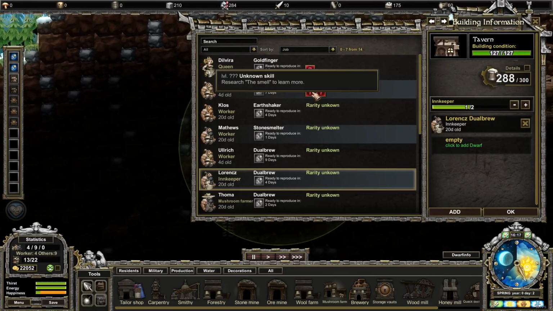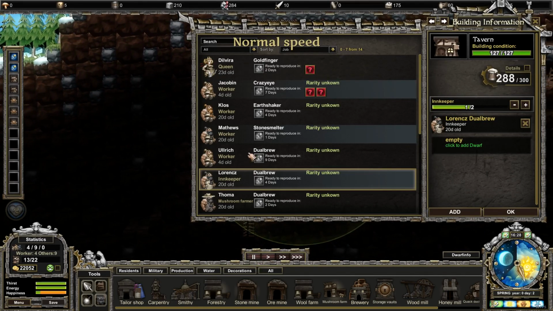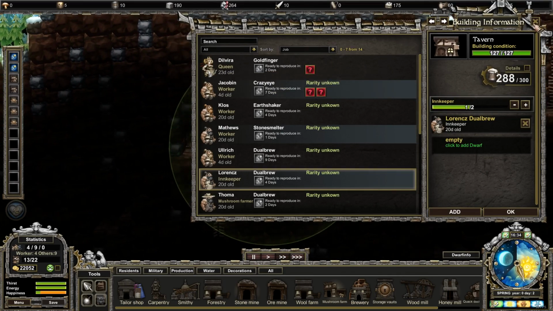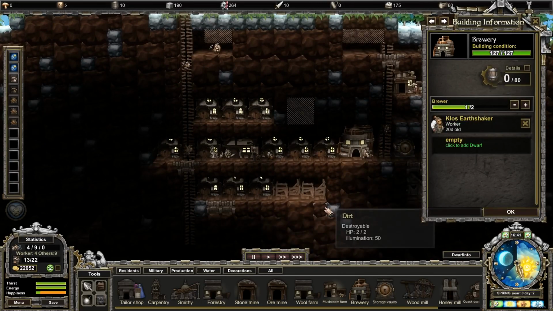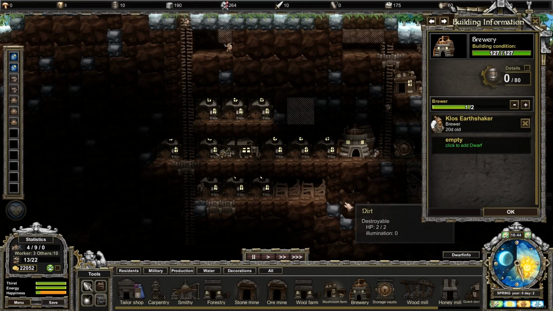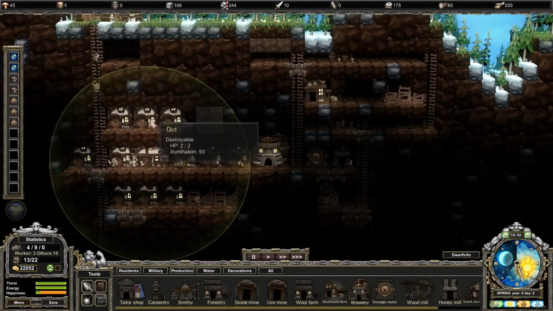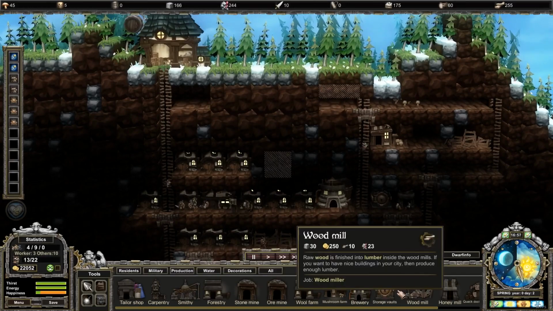Ooh, did somebody die? Okay, well, we'll check it in a second. Let's slow down the time. You can actually see they can have rarity. They can also have some unknown skills which you need to do research for. Why is nobody working here? I thought I had someone. Did I take them out? Or did somebody die? No, it's not saying anybody died. Okay, all good. So we want to place the forestry...